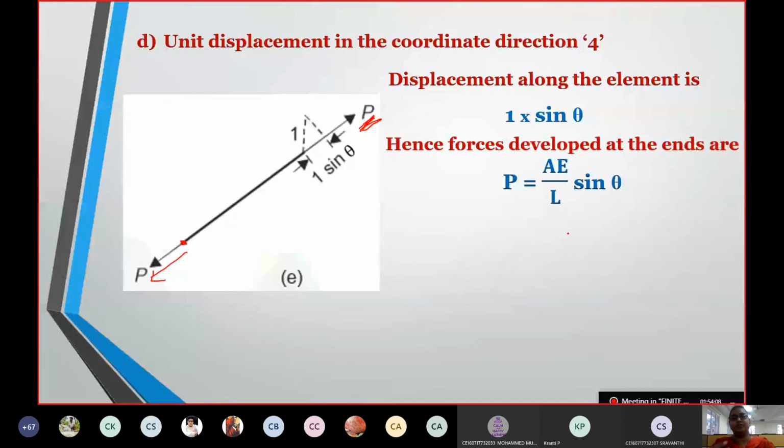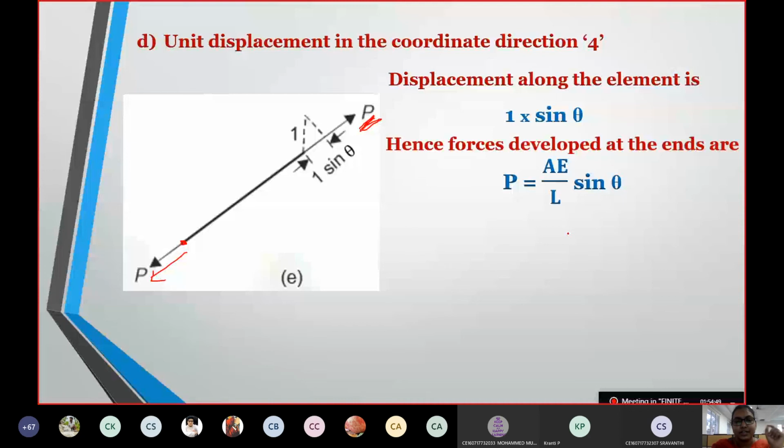Now you need to write the 4 elements of the matrix. That is K14, K24, K34 and K44. Can you do it? Guys, can you do it? Yes, ma'am. Okay, 1 yes. It's simple. If you understood how we did the other 3, it is very easy to get the answer for the 4th one. All right.